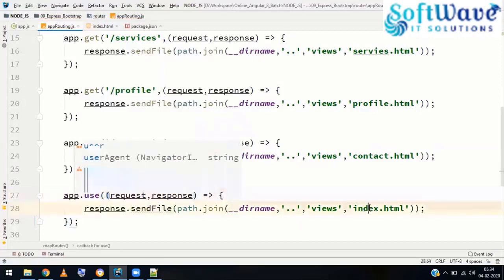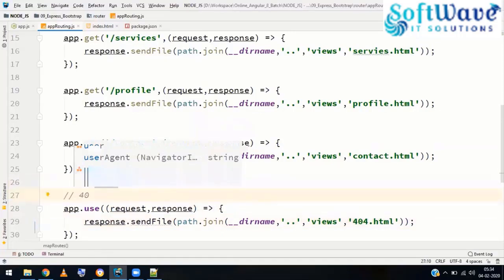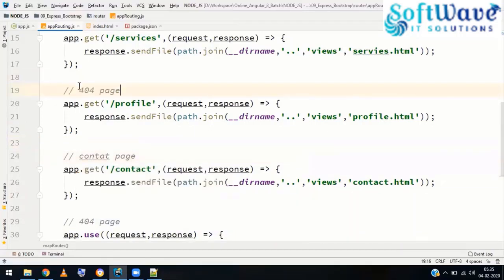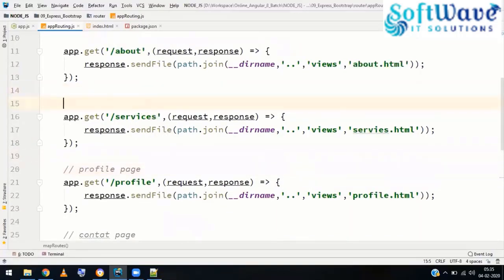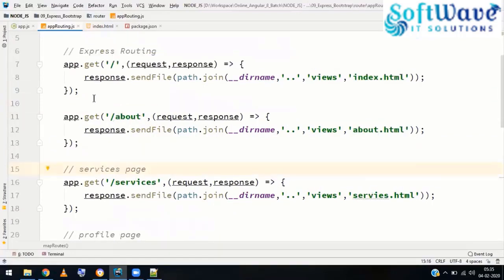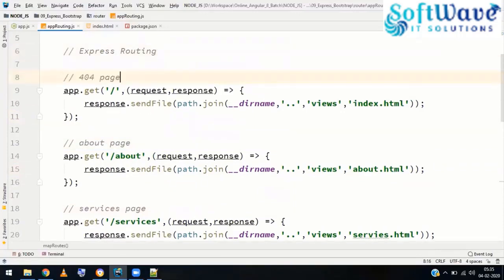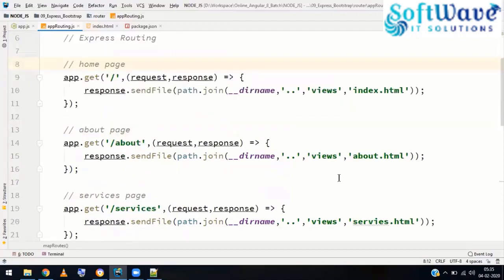Okay, so we need to get the 404.html. Okay, this is for the 404 page, and the same way this is your contact page, and this is a profile page, and this is a services page. Sorry, this is a services page, this is about page, and finally this is the home page. Okay, so we have configured the routing,